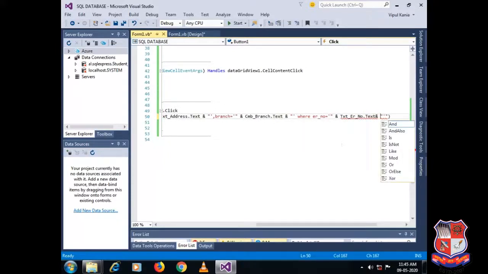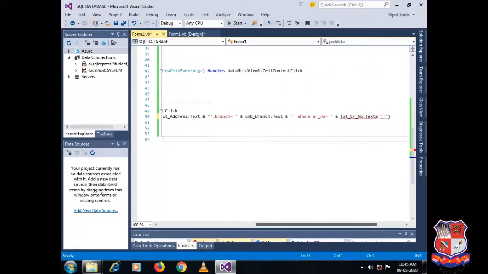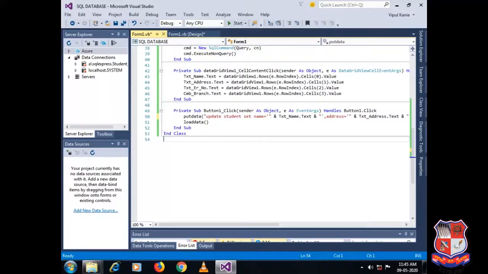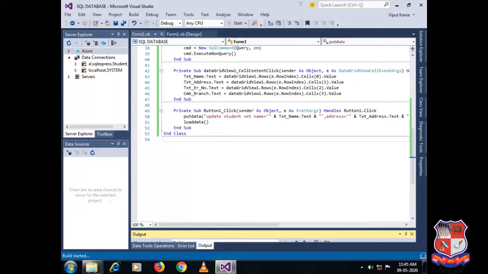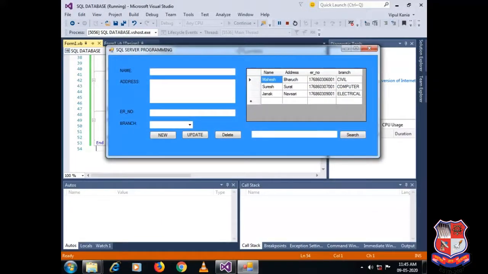There's an error. Yes, here is the error. Now let us change the address of Janak from Navsari to Ahmedabad. As you can see, the address of Janak has been changed to Ahmedabad, right? Similarly, you can perform the delete operation too. So let's do that.